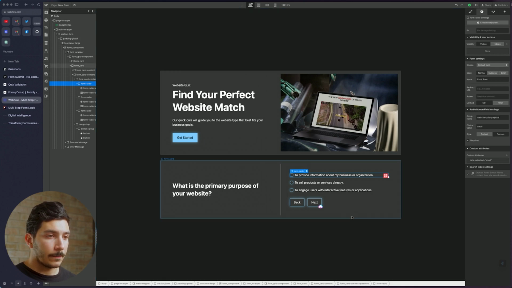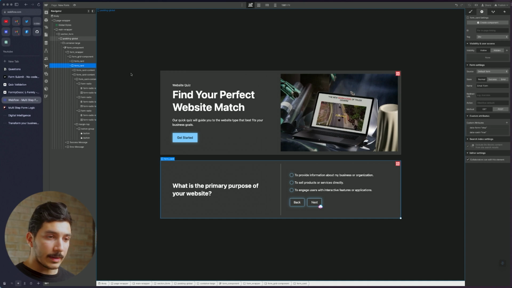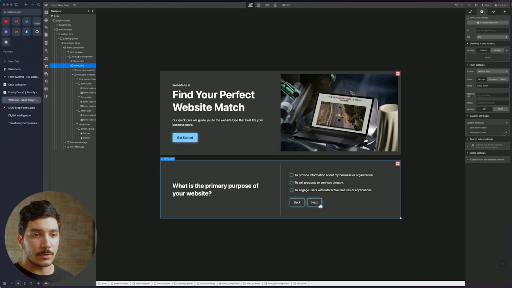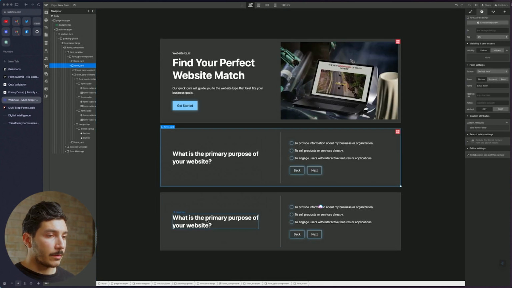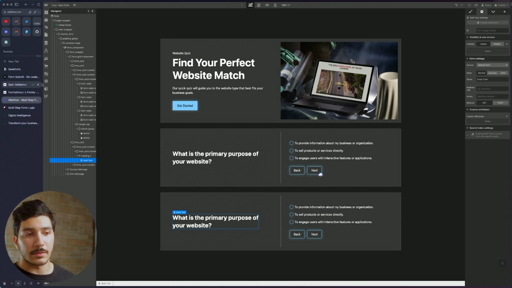All right. Now we want to duplicate this again. Now that all of our attributes are assigned, then we can go ahead and do that. But I want to make sure I fix this. So take off form data step. Now we have our next one, and we're going to go through the same process and start going through this